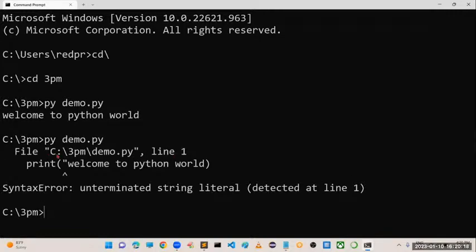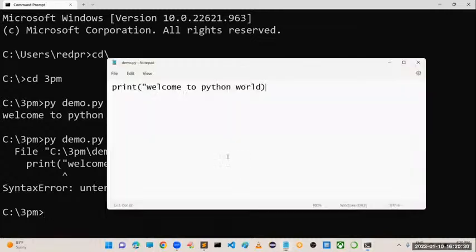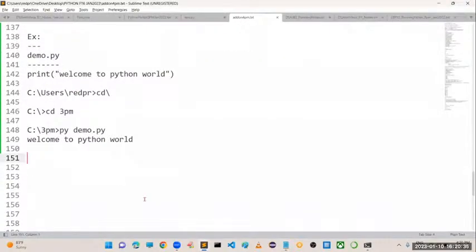In this file, in line number 1, there is a mistake. What is that? Syntax error, unterminated string literal. You have not terminated the string literal properly. So we are going to get an error message also. Sometimes by observing these error messages, we can correct the syntax.